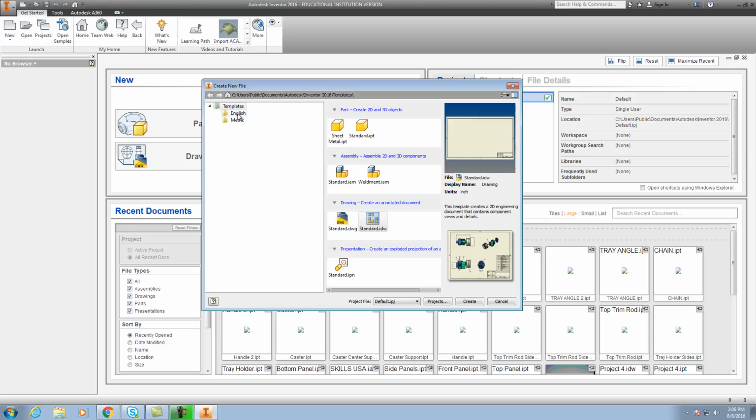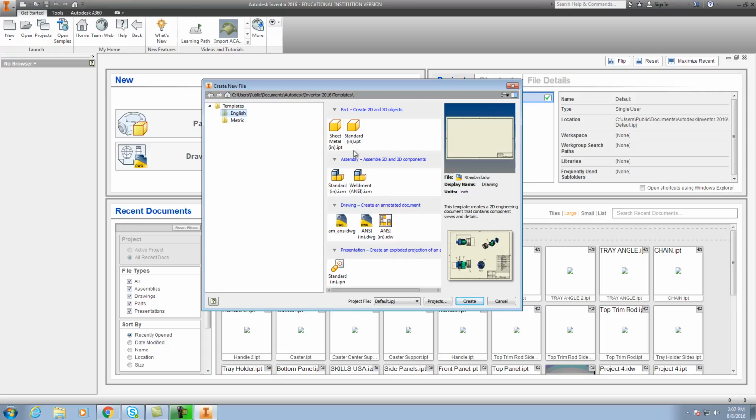So if we're going to work in the first drawing in chapter 2, we jumped ahead to chapter 2. You might want to go back and revisit chapter 1, just read through a little of that. But we're going to take off in chapter 2, and the first drawing in that tutorial is going to be in a standard English unit. So again, I'll just click that, and if you'll come over here and look,